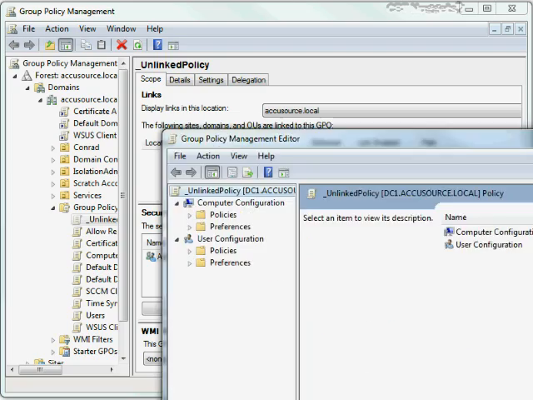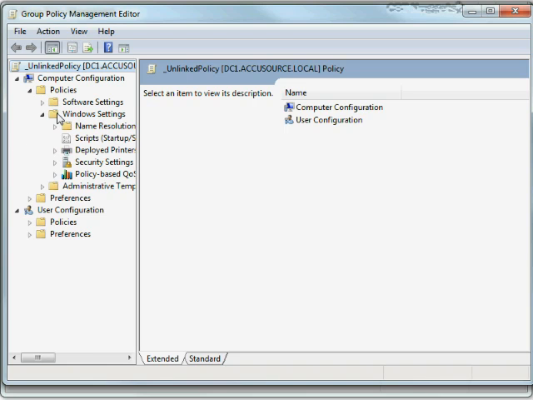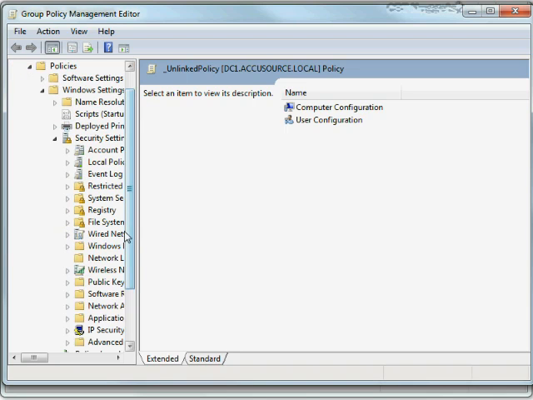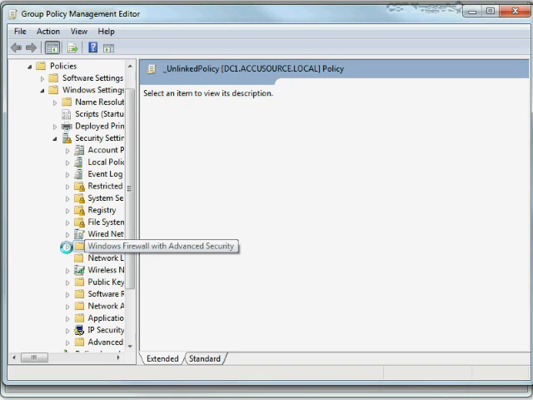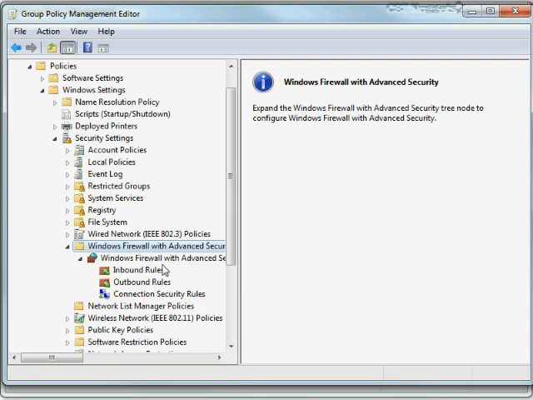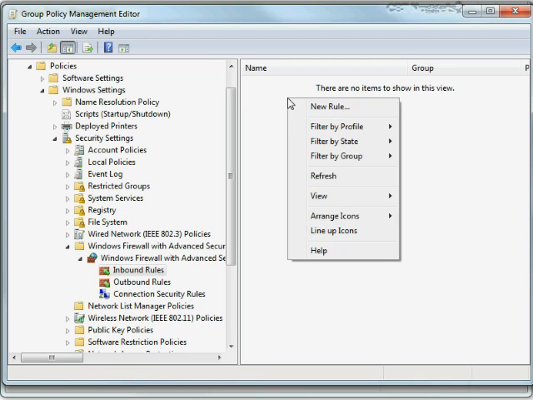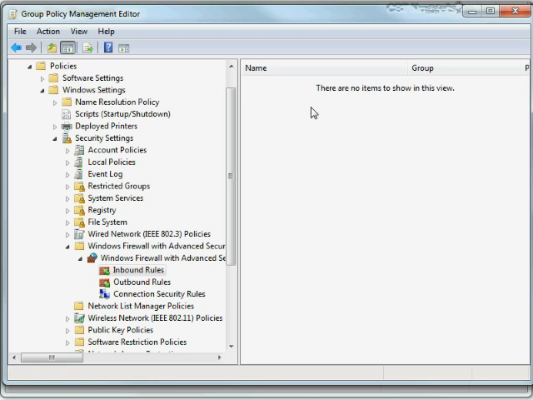As I open that up, we'll see here we've got my group policy management editor. If I wanted to configure firewall policies, I'd go under computer configuration, policies, Windows settings, security settings, and then further on down here you would see Windows Firewall with Advanced Security. I need to expand this out so you can see it a little better. We'd see Windows Firewall with Advanced Security, and then inbound rules. So if I had a new rule that I wanted to specify that everybody had, I would right click here, choose new rule,